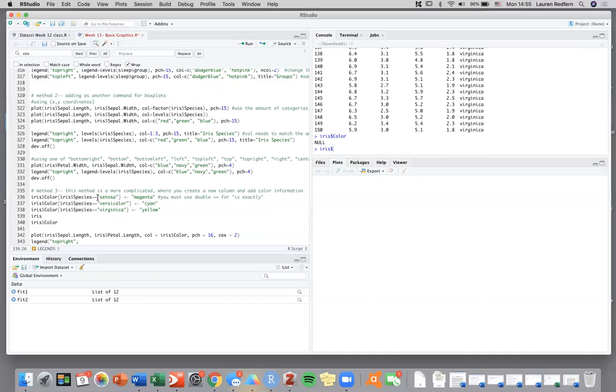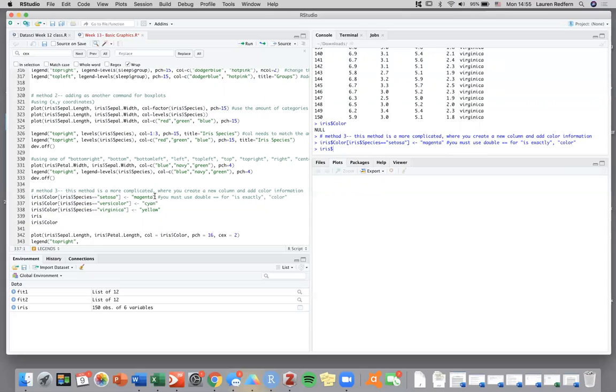This, you have to do double equal sign. So I want iris species is assigned to Setosa to be my iris color column, and I want this column to be magenta. So you have to use double equal signs for is exactly, and then you have to do your color. Once again, it's a word, you have to do your color in quotations. So I want to make a new column called iris color. I want this column for all of the iris species that are exactly Setosa, and I want that column to say magenta. So now if I run this and I look at iris color,